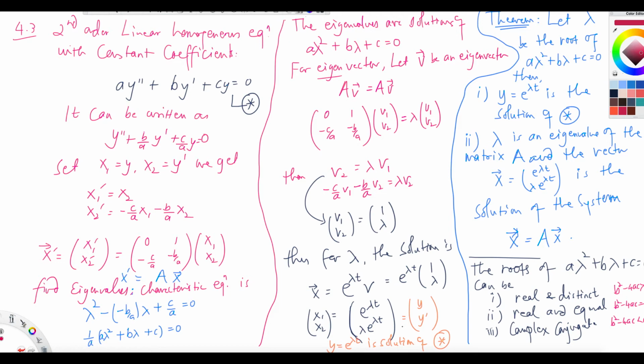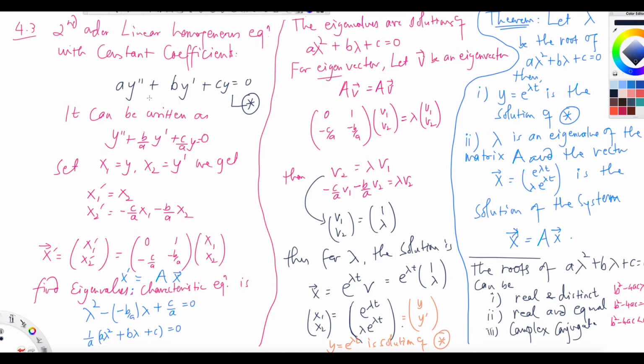Hi, in this video I'm going to start section 4.3 from the book, which is second order linear homogeneous equation with constant coefficient. So if the coefficients are constant, like a number, then we call that a second order linear homogeneous equation with constant coefficients. Okay, now